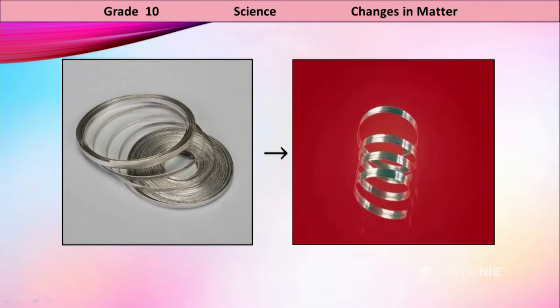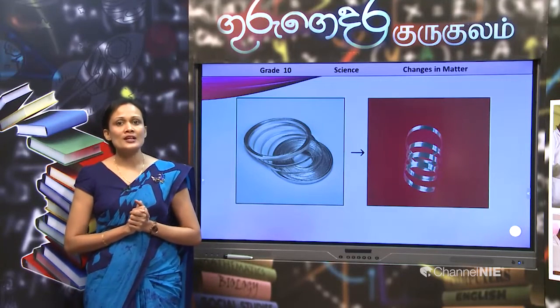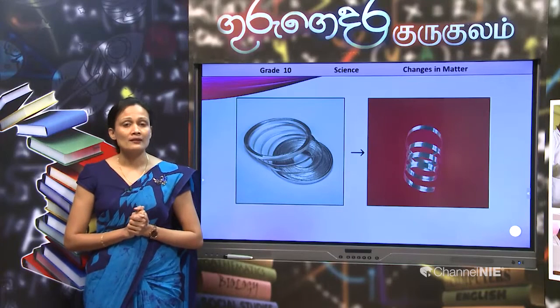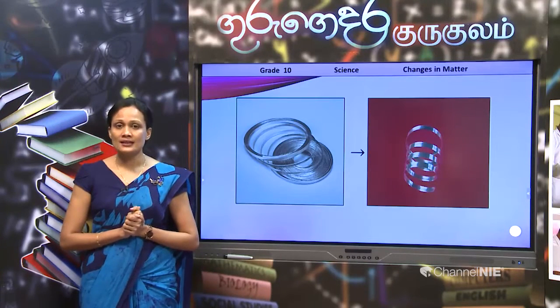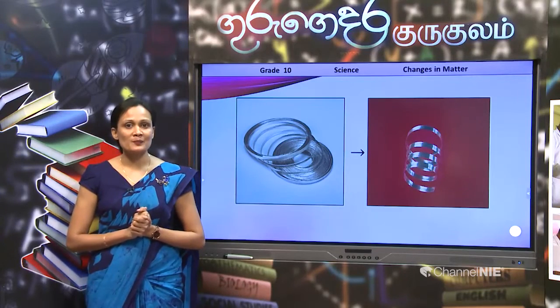In the same way, we can consider the other metals. They can be kept exposed to the air because they do not react with the components present in the air. If we take zinc, copper, gold, such metals, they do not react with the air. That's why we can keep them exposed to the air. To find the